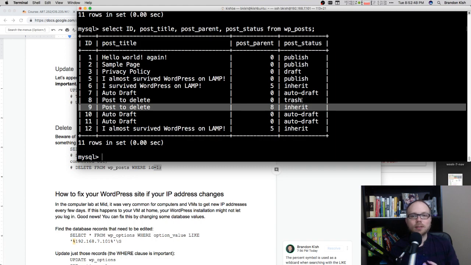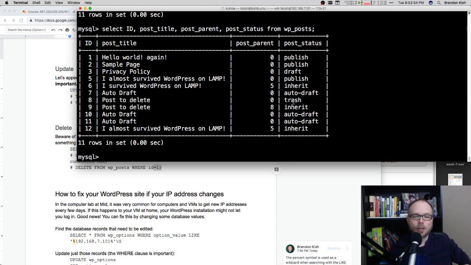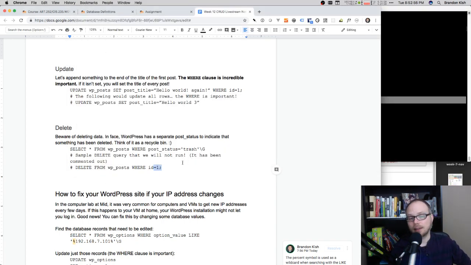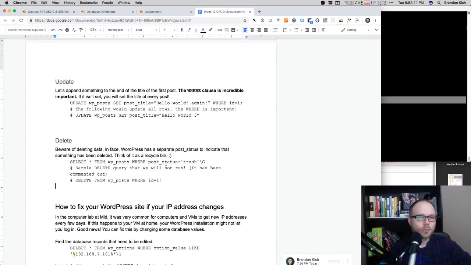So even if you tried to delete something out of WordPress, it keeps the record in the table so that you could bring it back in the future. So we are not going to delete anything from our database. And very rarely do we build things at mid where data is actually allowed to be deleted out of the database. It's typically like there's a status field that you just toggle it to deleted or invisible or something like that. So that is CRUD.